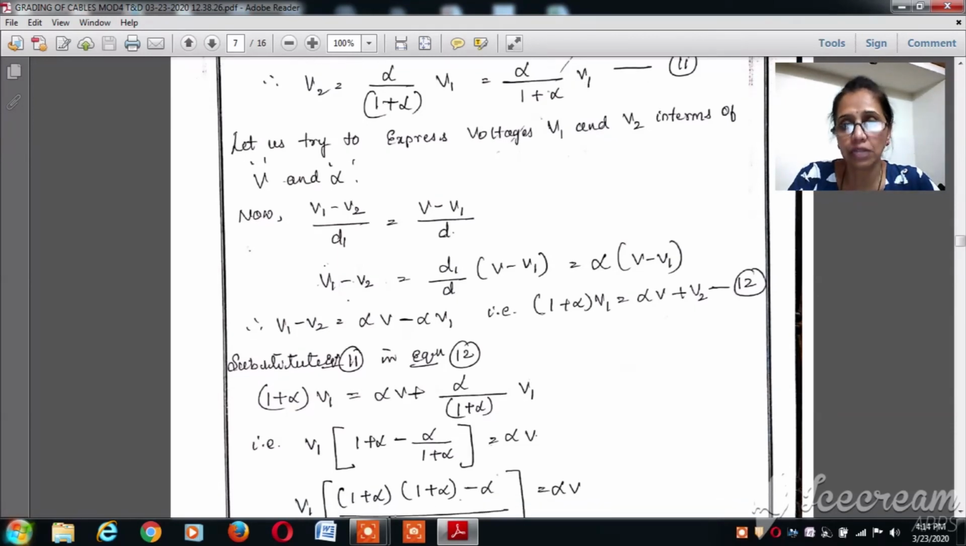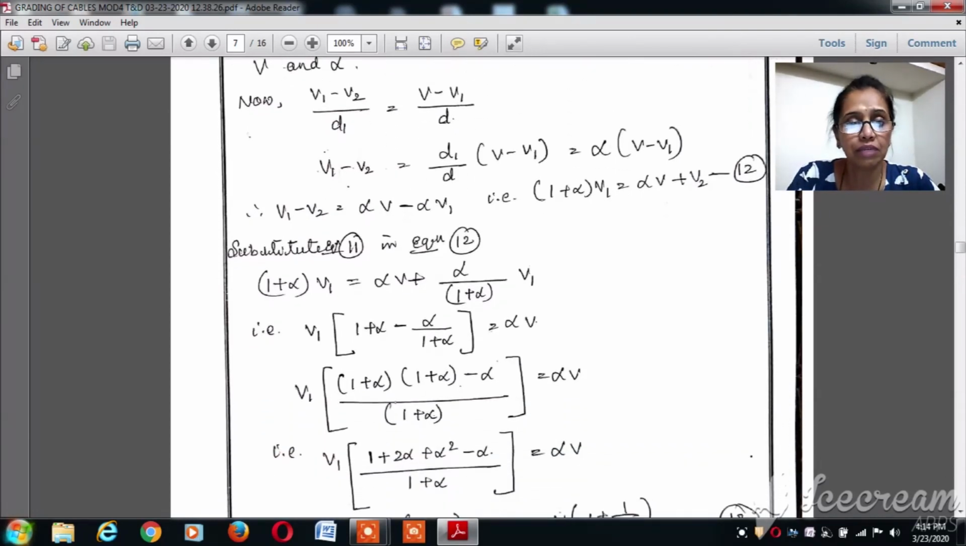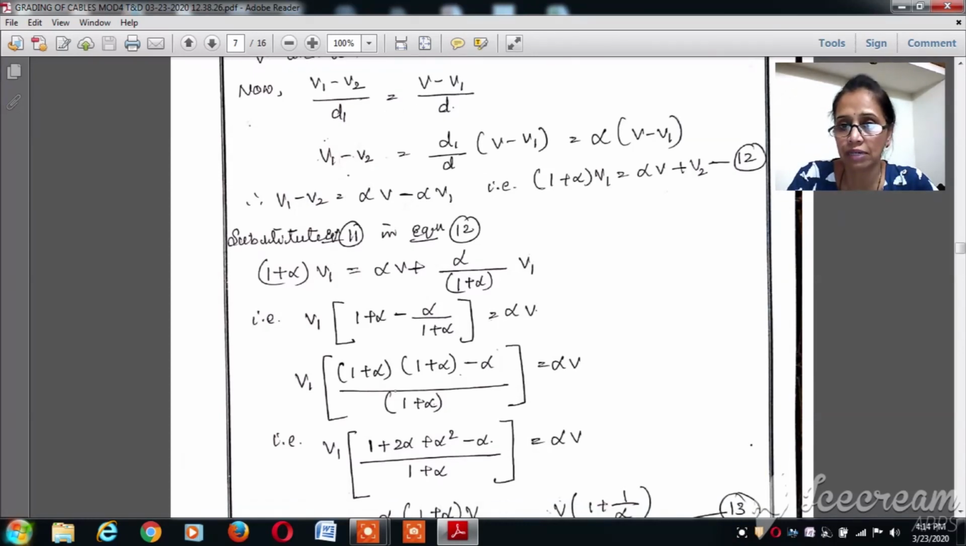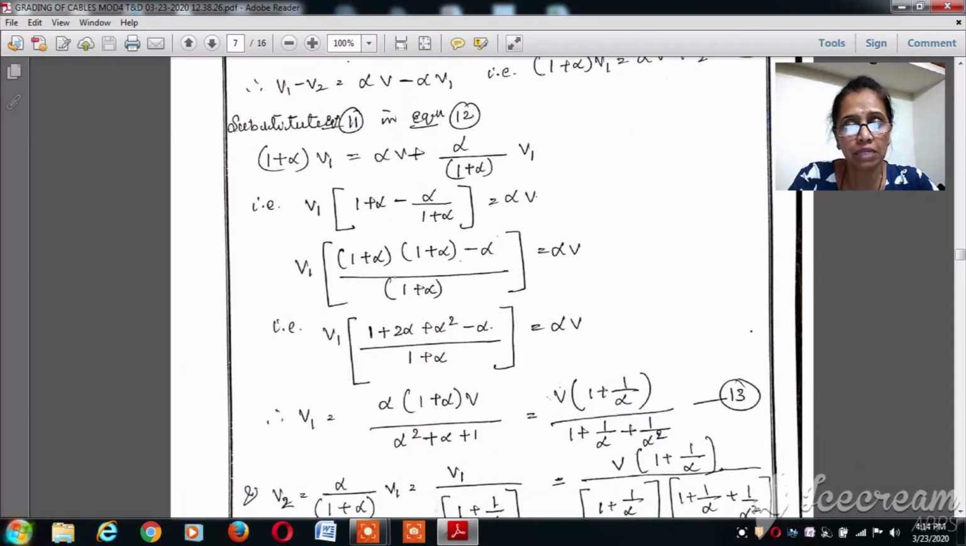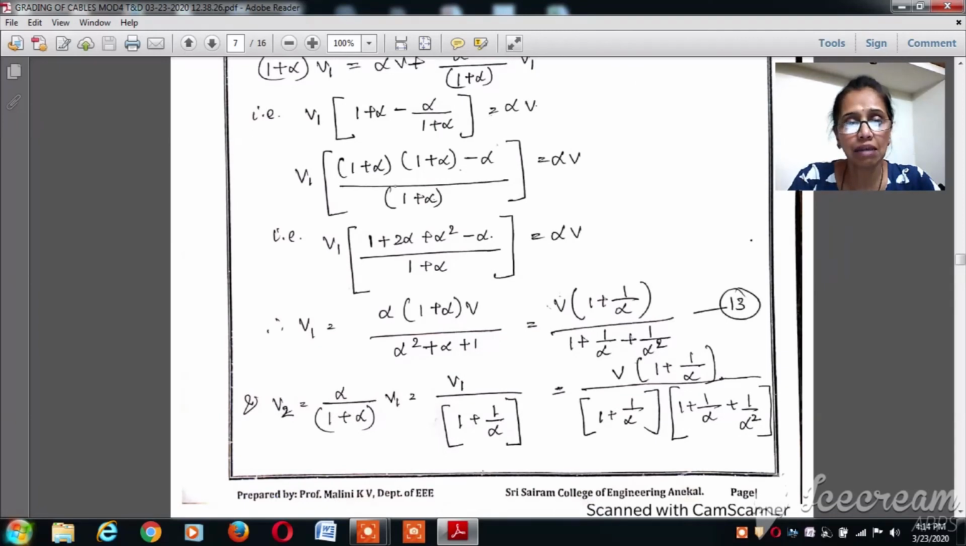If you substitute equation 11 in equation 12, you get the expression for V1, that is, 1 plus alpha into V1 is equal to alpha V plus alpha by 1 plus alpha into V1. Substitute and simplify, and the equation becomes V1 equal to alpha into 1 plus alpha V divided by alpha square plus alpha plus 1. If you simplify it further, V1 equals V divided by 1 plus 1 by alpha plus 1 over alpha square. Keep this as equation 13. Similarly you can express V2 also in terms of alpha. Substitute the equations and you will get the expression for V2 also, which is nothing but